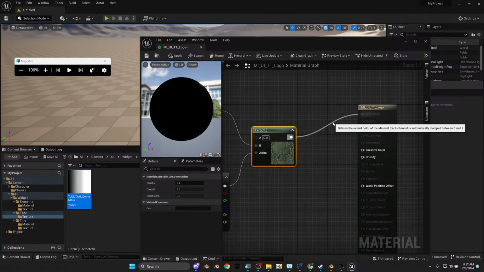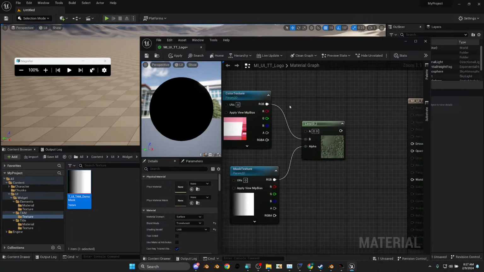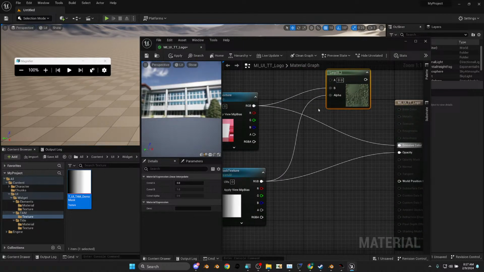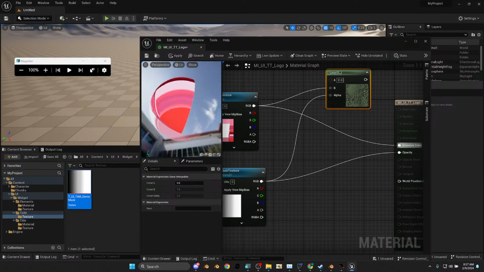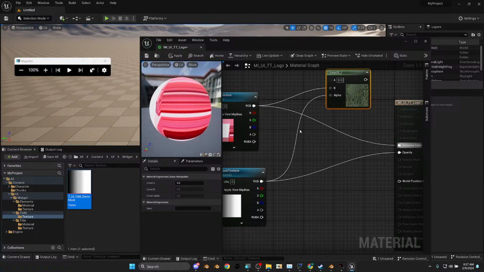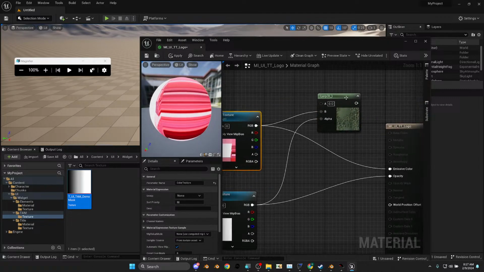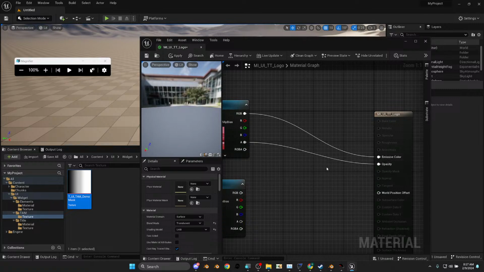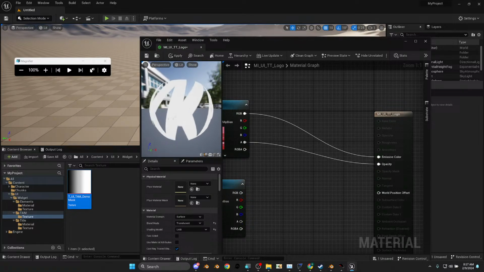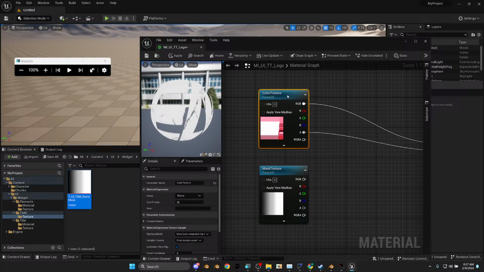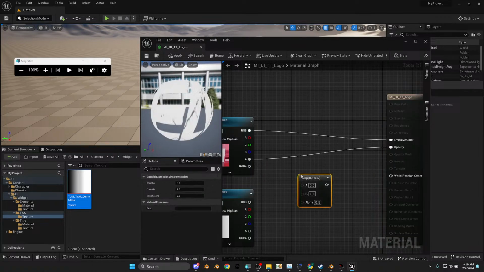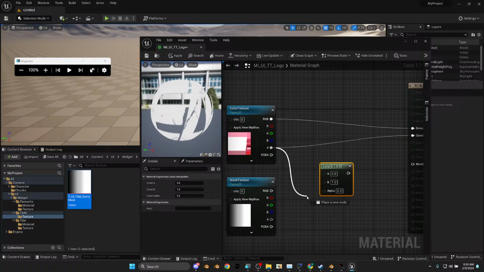Okay, so let's go ahead and unhook that for a second. And let's grab our texture here. And then let's put this one in opacity, see if that gives us something similar. Doesn't look like it does. All right, let's see what happens if I put the alpha into the opacity. Ah, there we go. That looks like it works. So I'm imagining then we'll use,